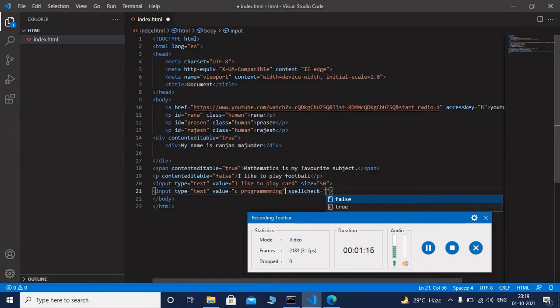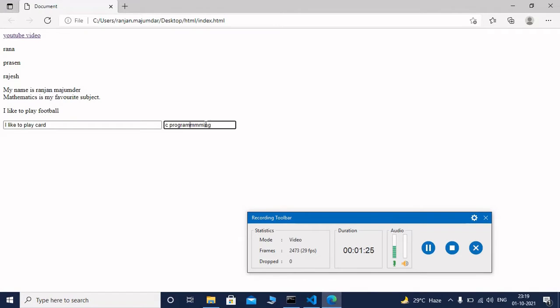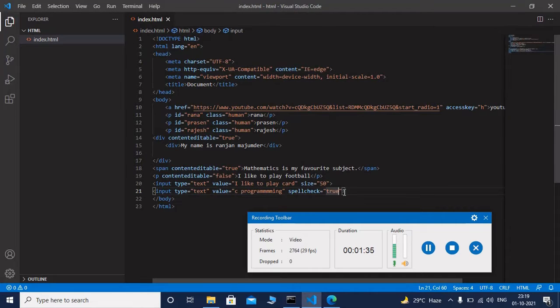Spellcheck. You can see there are two values for spellcheck. One is true, another one is false. If I write true, then it is showing an error. That red line is showing. That means it is an error. Spellcheck is true. If I write false instead of true,